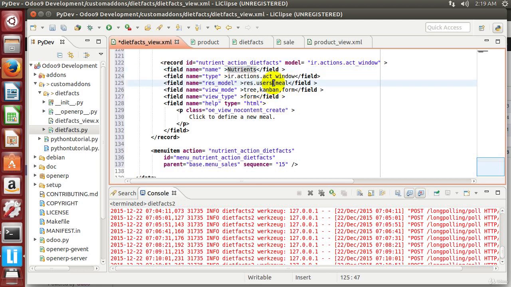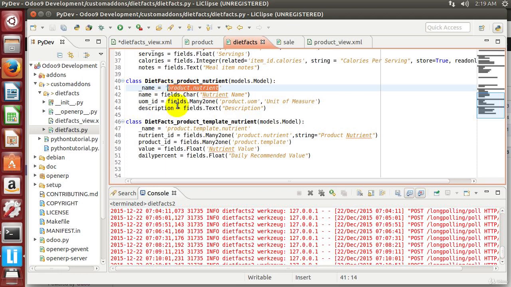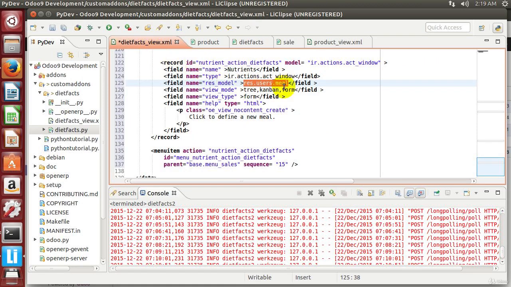And here's the most important part for tying it to our model. We don't want res.users.meal. We can come over here and get product.nutrient and bring it and drop it in here. So now it's going to find and pick up that model. We know it's created it because we've already looked inside of our database structure, and say define a new nutrient. And so in a lot of ways, this is all we need. We're going to save it,